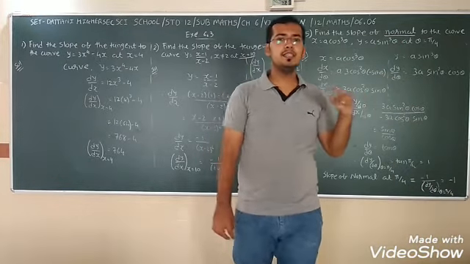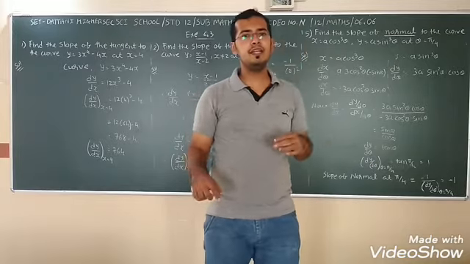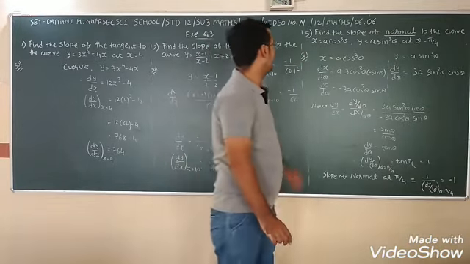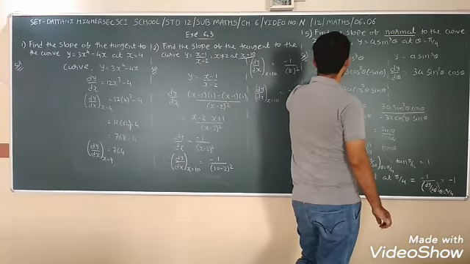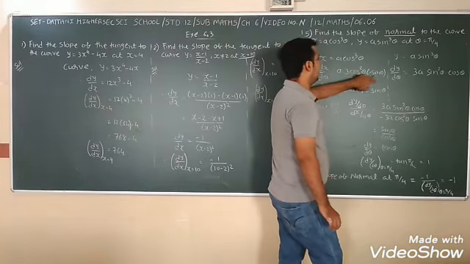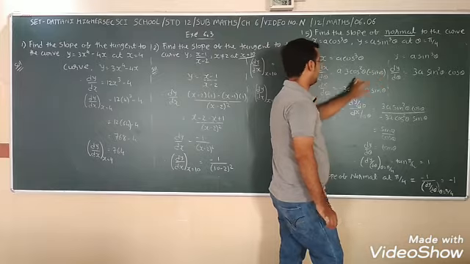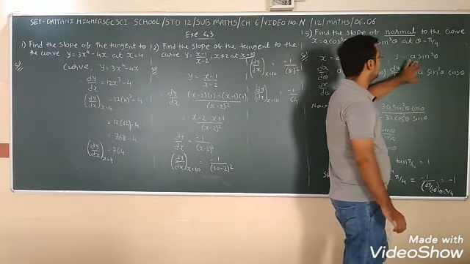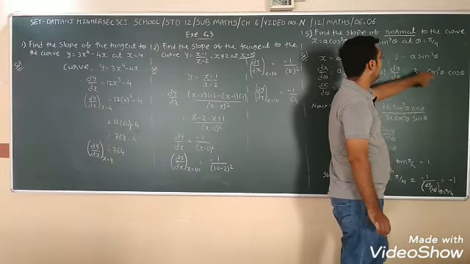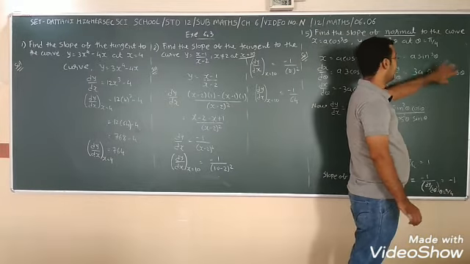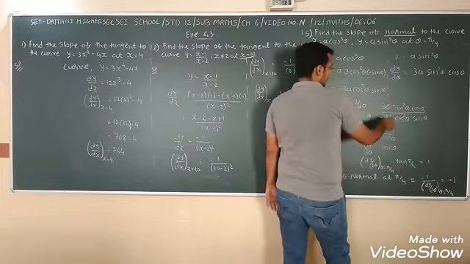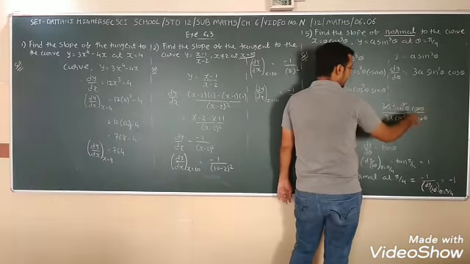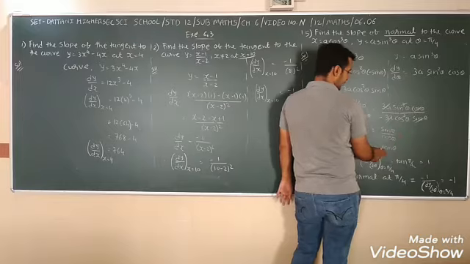So first we find dx by d theta and then dy by d theta, and taking the ratio of both we get dy by dx. x is equal to a cos cube theta, so dx by d theta is a as it is, 3 cos square theta into the derivative of cos, minus sin, so minus 3a cos square theta sin theta. Here y is equal to a sin cube theta, 3 comes down, 3a sin square theta, derivative of sin is cos theta. Taking the ratio, 3a cancels, one sin cancels, one cos cancels, giving sin upon cos, that is tan theta.